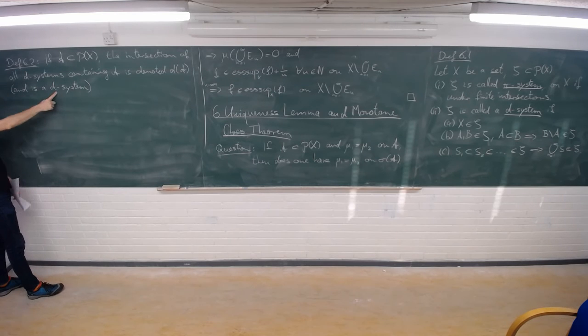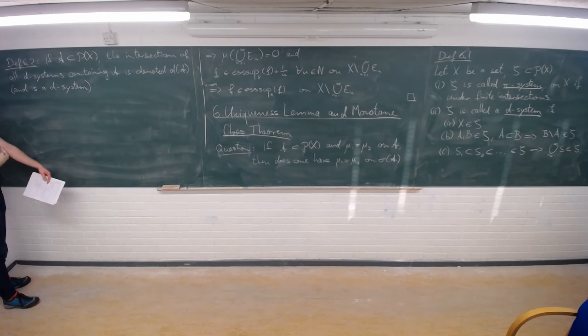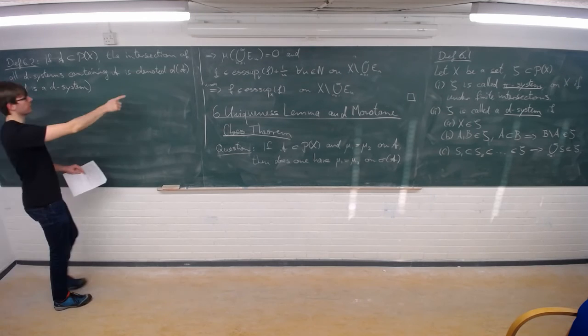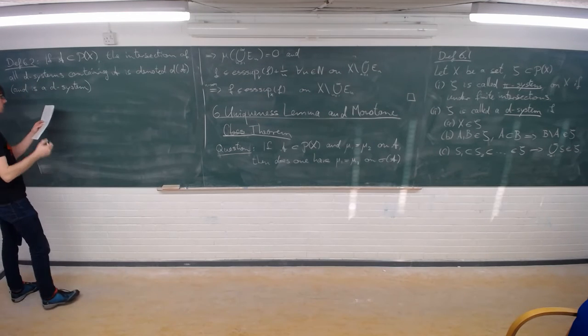We're not going to prove this, but the proof of this is very easy. It's very similar to the case of sigma-algebras generated by a set. So the intersection of all D systems of a set is again a D system,